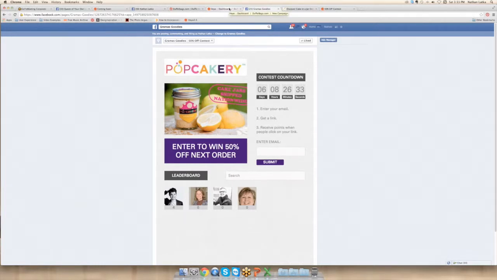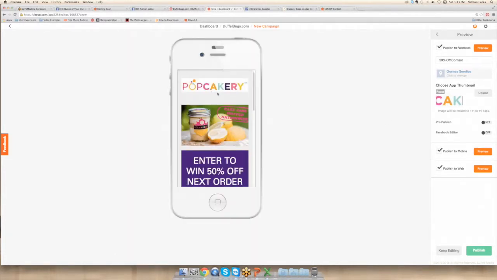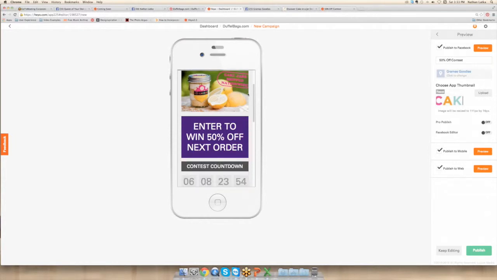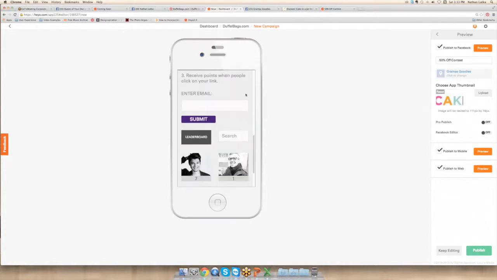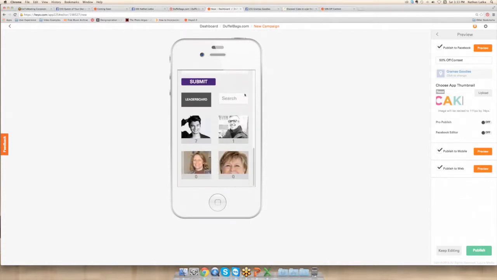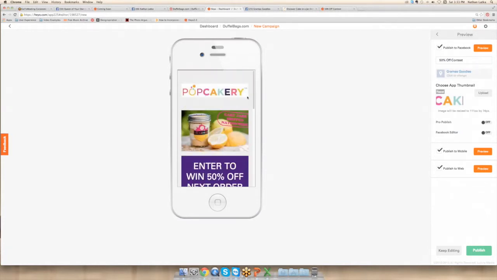And I see some of you guys asking, is this viewable on mobile? If you have a question about mobile, look at my screen right now. I'll answer it visually. So let's say you send this campaign link out to an email list and some people open it on a mobile device. Guess what, Marge? You're going to love this. It looks gorgeous on a mobile device. Isn't that cool?